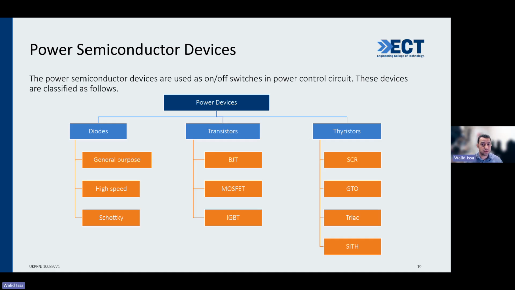Power switches like transistors: you have BJT or MOSFET and IGBT. In power electronics, we don't use BJT. We use MOSFETs or IGBT. And the last one is,